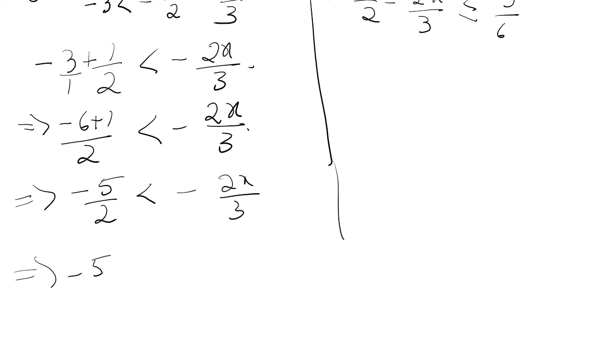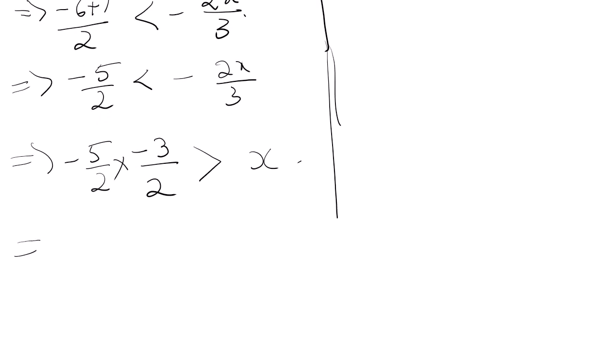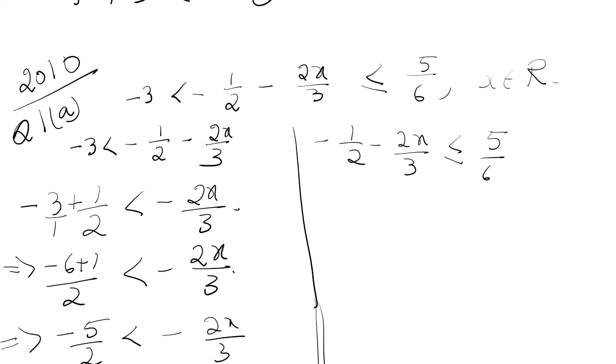So minus 5 upon 2 into minus 3 upon 2, the sign will get reversed, the inequality sign, because we are multiplying by minus 3 upon 2. So greater than x. So this will become plus 15 upon 4, okay, is greater than x, or x is less than 15 upon 4. And this side we will get